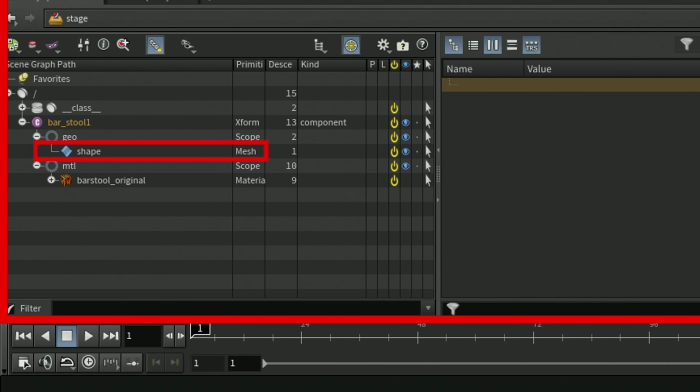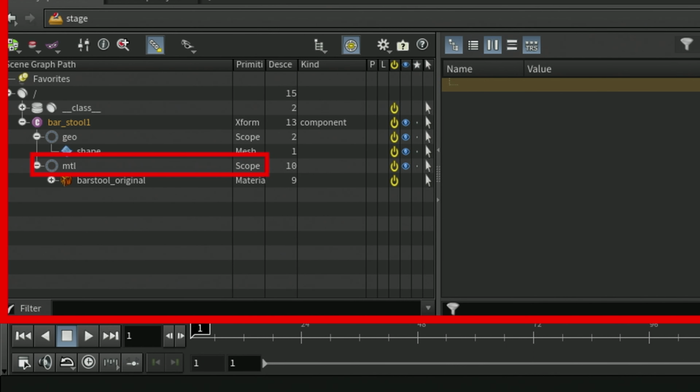This includes points, vertices, polygons, attributes, UVs, etc. This next node, named Material, or MTL, is similar to the geometry primitive node we saw earlier.